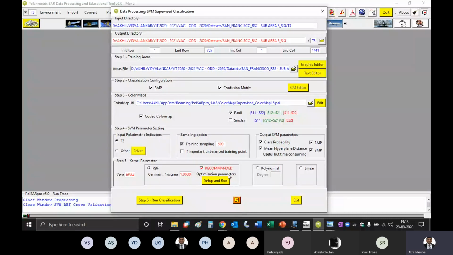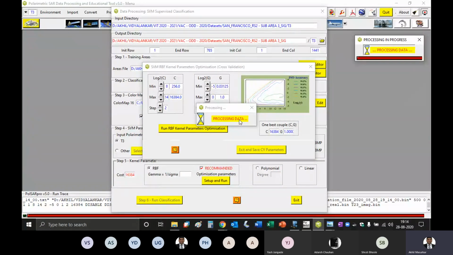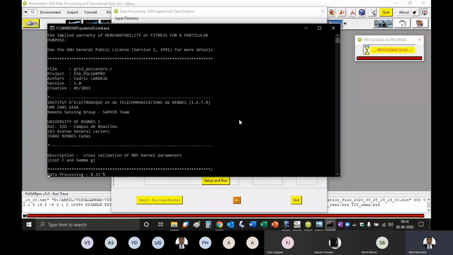Now, after doing all this, they set up and run RBF kernel parameter optimization. You have to process this data. If you run this again and again, you will get the same parameter only. So running it twice or thrice will not change the parameter.